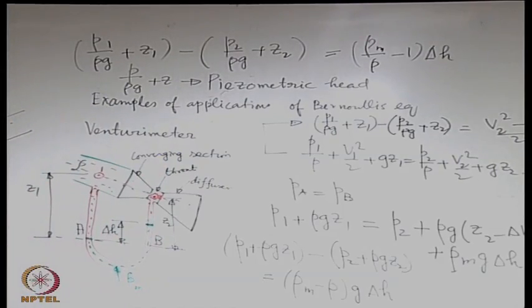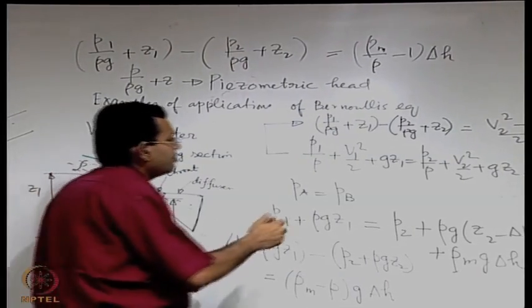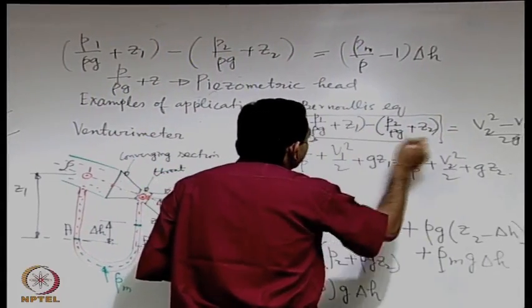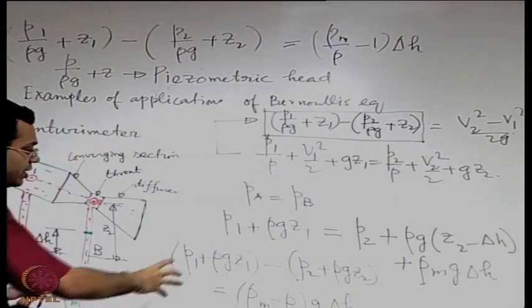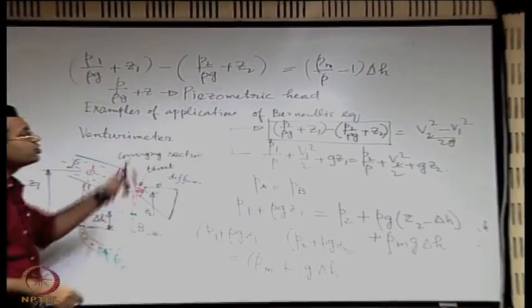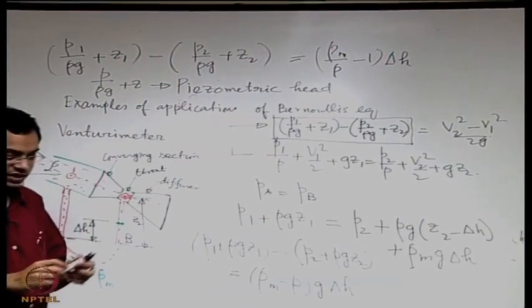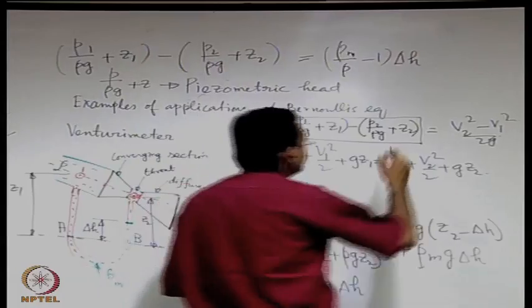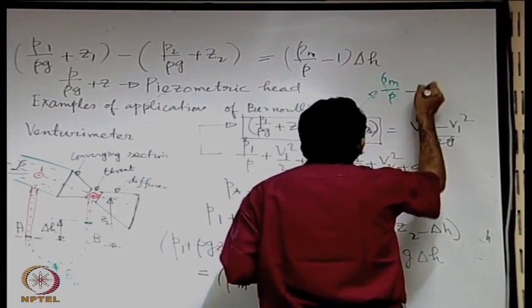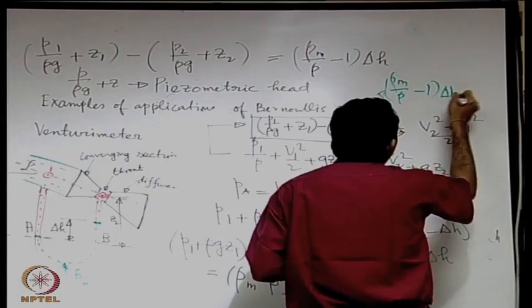Okay. So this is something which is a very simple term for us now, because from the manometer we have got an explicit expression for that, that is rho m by rho minus 1 into delta H. So this we can write as rho m by rho minus 1 into delta H, and this is equal to